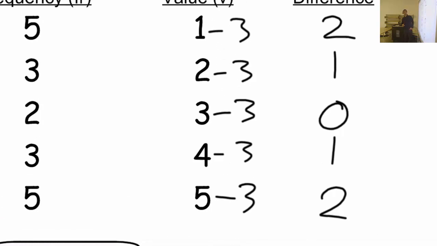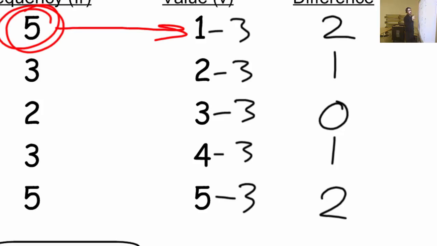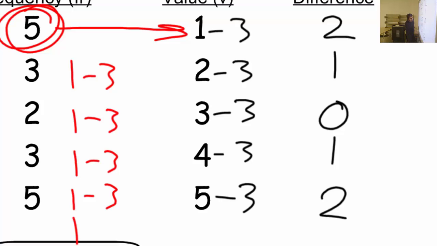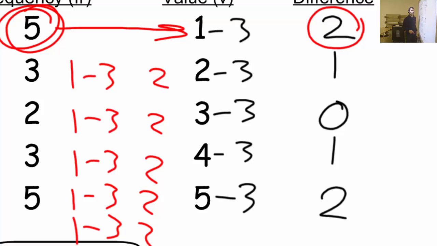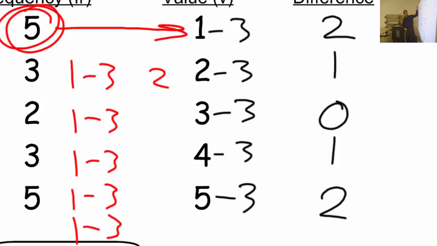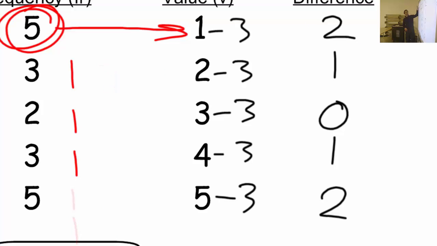But remember that there are 5 ones: 1, 2, 3, 4, 5 ones. If you subtract 3 from all of them, yes, it will be 2, 2, 2, 2, 2, which we have here, but you have the difference 5 times. Therefore, when you find out the differences,